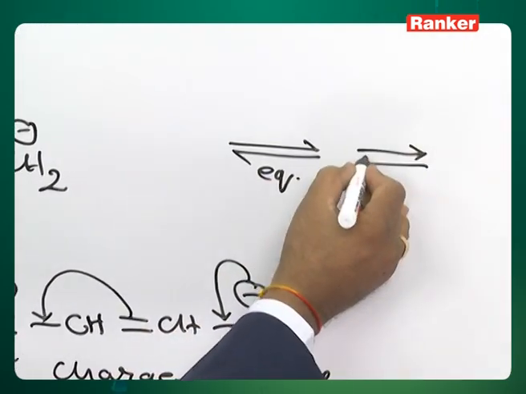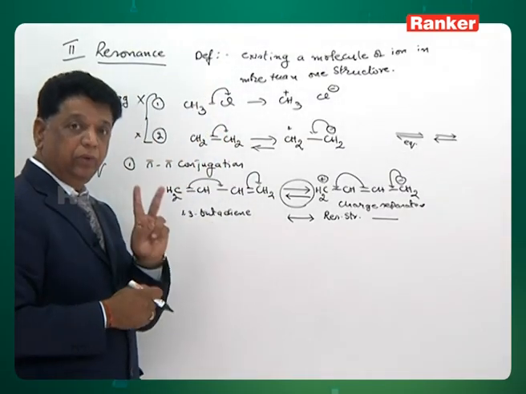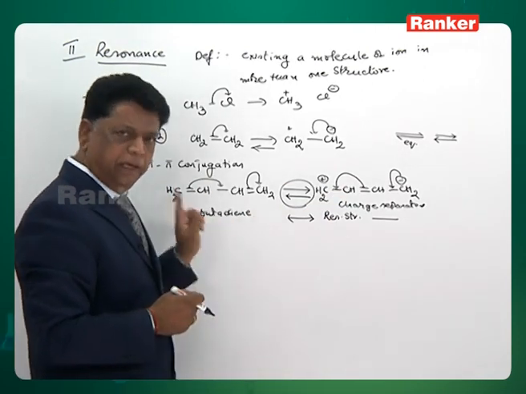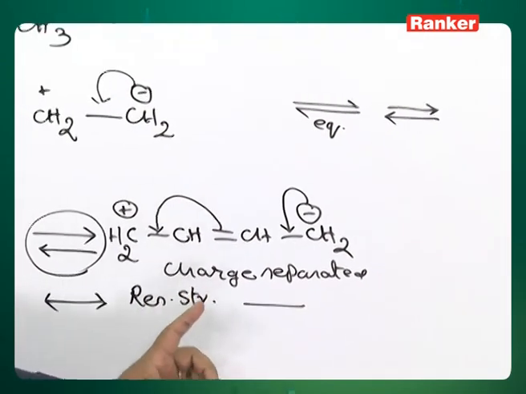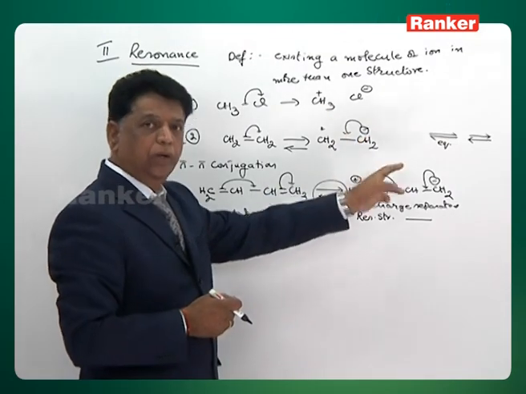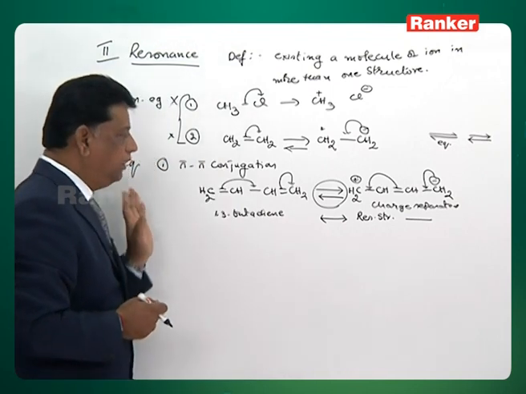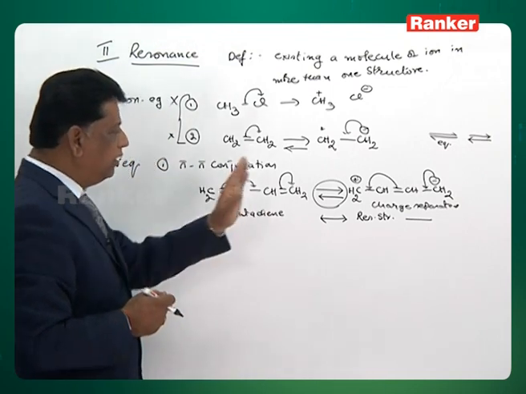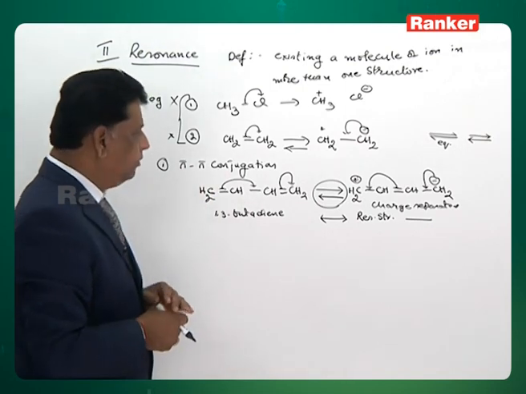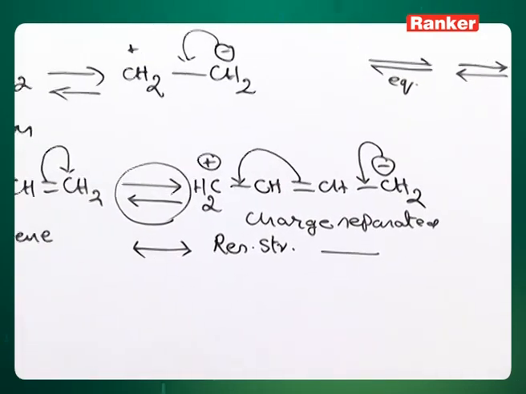That is, an arrow that side and an arrow this side show A is becoming B, B is becoming A. There are two items, A and B. Here it is not like there is only one item A that can also be represented as another structure, but the compound is only one. In equilibrium there are two compounds exchanging structures. That is a different concept. This is nothing but only one of the structures of this compound. So that compound should not be given another name, but you can say charge separated resonance structure of 1,3-butadiene, right.